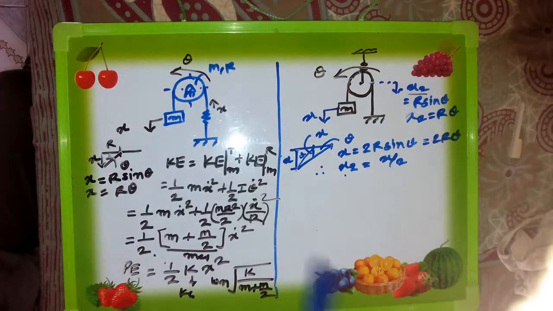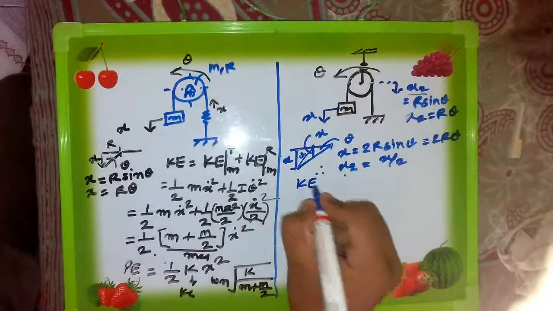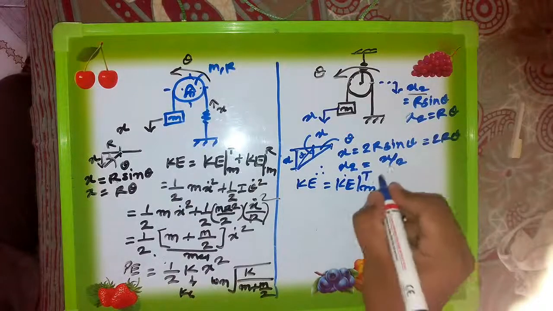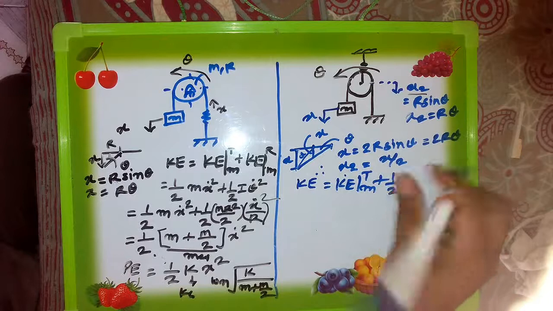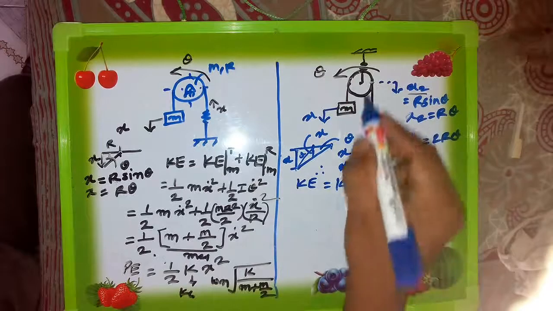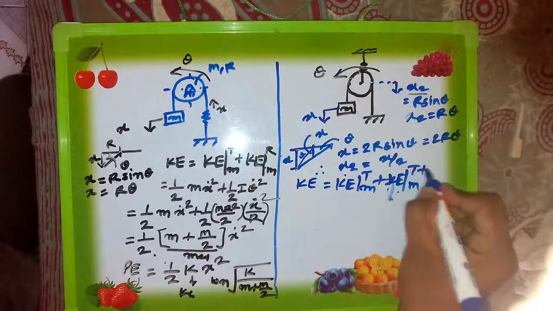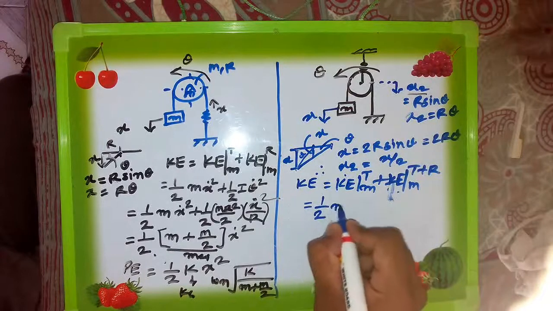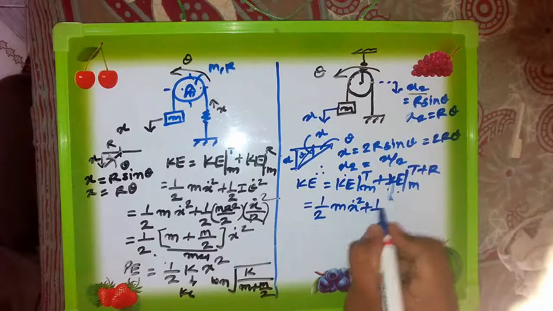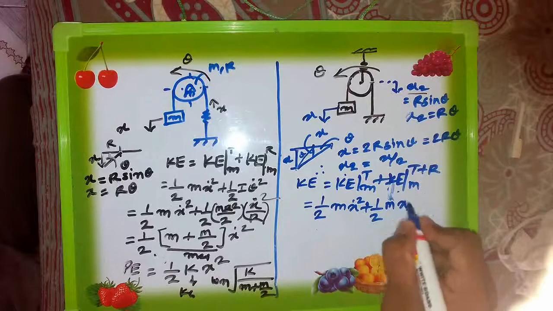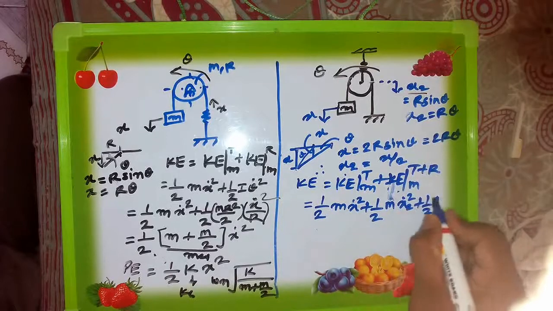Now a similar problem is asked over here. Here again I can write down the kinetic energy of the entire system, which is equal to the kinetic energy of the mass m of translational type plus the kinetic energy of mass capital M. Here it is translational as well as rotational, so I can write T plus R, translational plus rotational, which is equal to 1/2 into mass m into x dot squared plus 1/2 into capital M into x2 dot squared plus 1/2 into I into